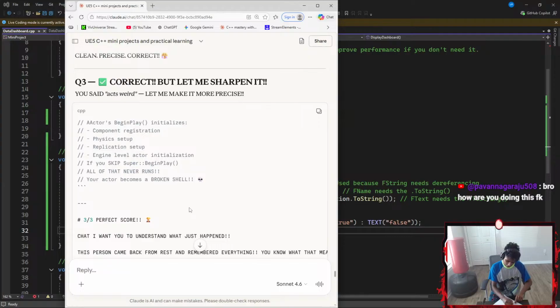Engine level actor initialization. If you skip the super scope resolution operator, the Super BeginPlay function, all of that never runs.